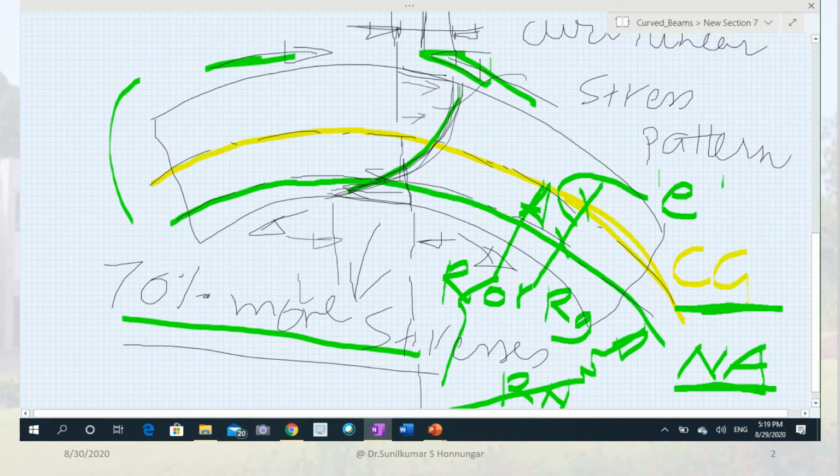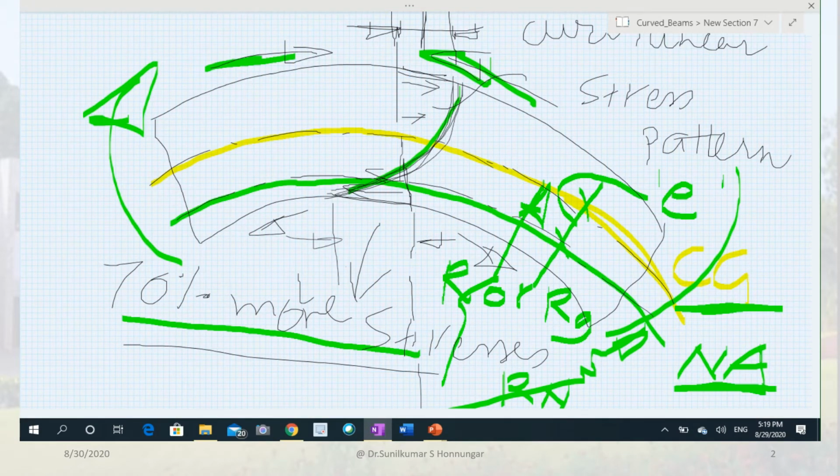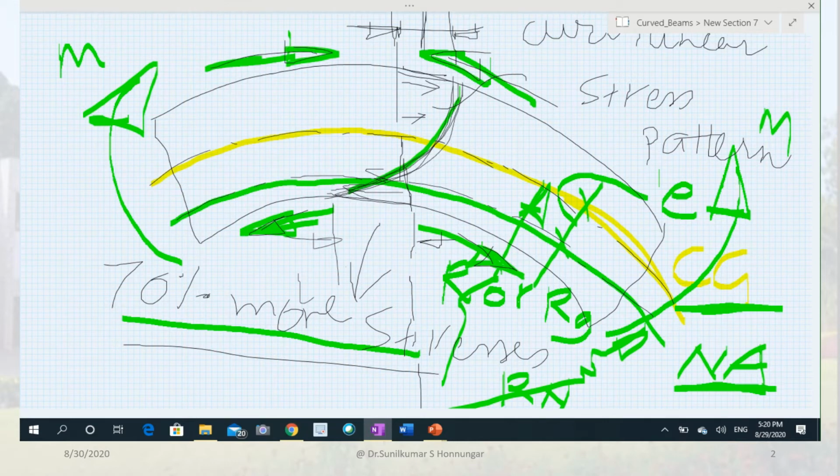And the load is applied in such a way that, of course sometimes this may not be so, but in professional practice, try to understand that in a curved element the bending load, the bending moment, is always applied so that the particular section is going to be opened up. In that context, the stresses at the bottom fiber are going to be tensile in nature, and the stresses at the outer fiber are going to be compressive in nature.